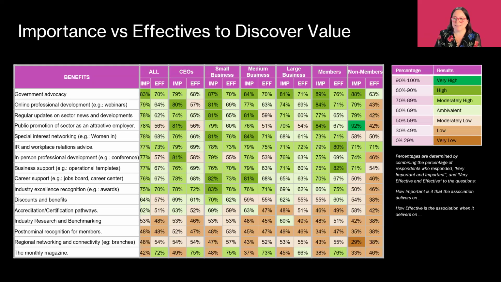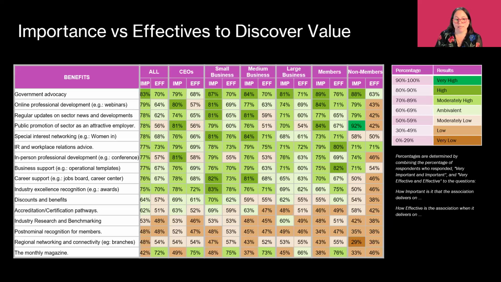So what this does is if you do some research and you ask these questions, first you list all the benefits down as the answer options for each. And you give people for each of those the ability to put very important, important, all the way through to not important at all. And what we do with this is we aggregate the very important, important, the effective and very effective to give a score out of 100.